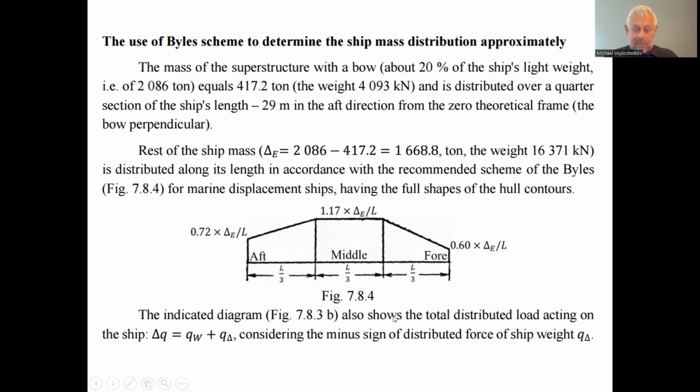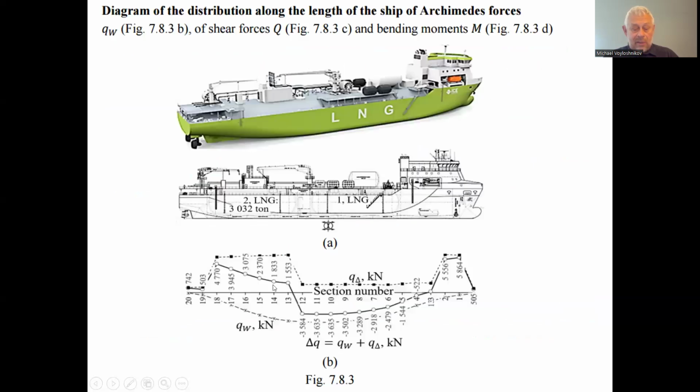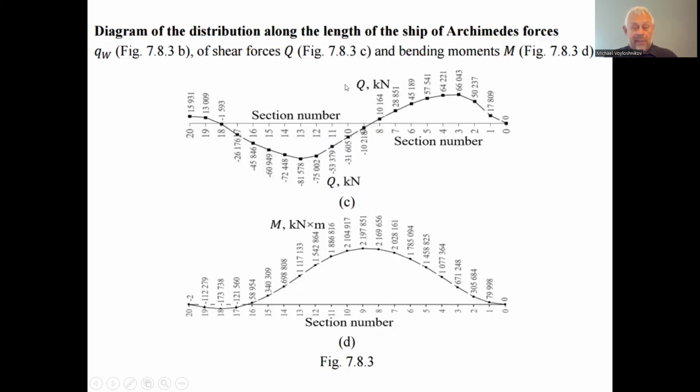But the distribution on the ship hull is not equal for these two forces, and not even. So we have the difference between the two diagrams, the load and the floating force, the buoyancy force. One diagram is distributed load. And considering distributed load, we can find the transverse forces diagram, and we can find the bending moment diagram on